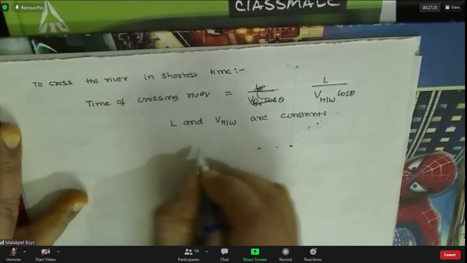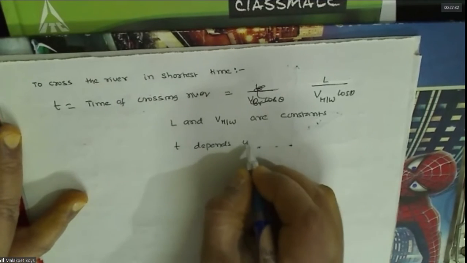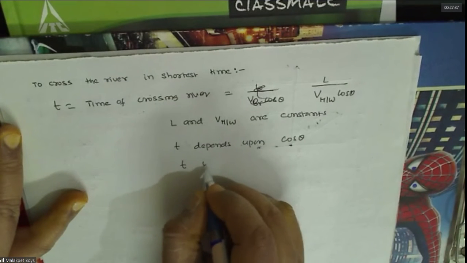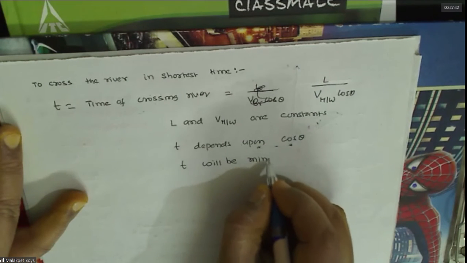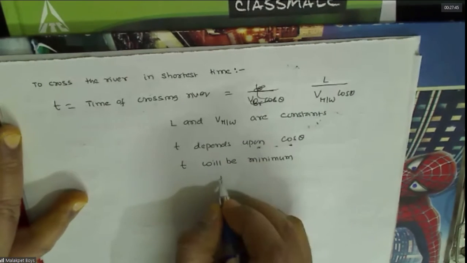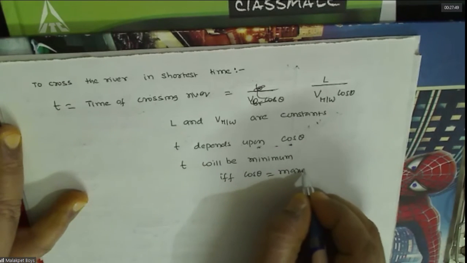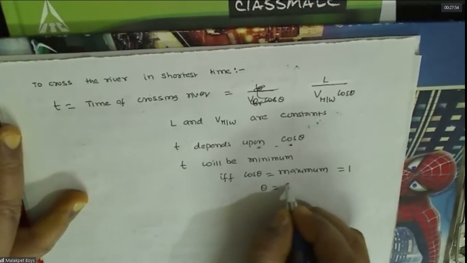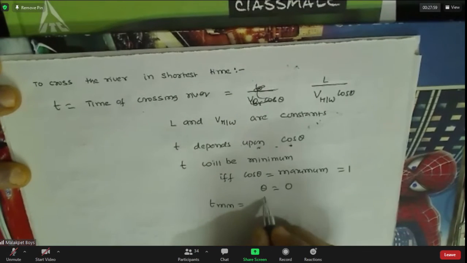So T depends upon cos theta. When will T be minimum? T will be minimum if and only if cos theta is maximum, that means it is equal to 1, theta equals 0. So the minimum time taken to cross the river will be